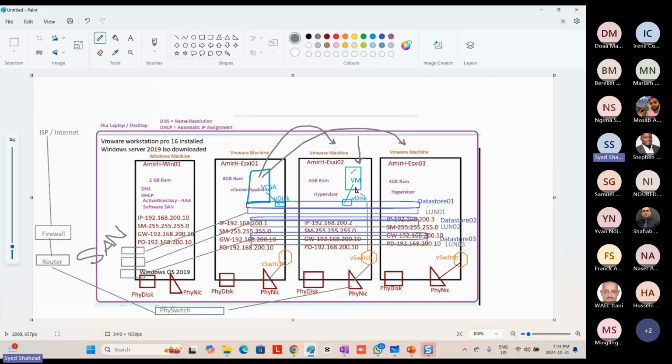Mariam says in the chat, is this what they call nesting? Nesting is virtualization inside virtualization, right? So in our case, if this was a professional environment, this is a physical machine, this is a physical machine, this is a physical machine. On top of that is the hypervisor deployed. So over the hypervisor, we deploy virtual machines. So this is not nesting, but if inside this virtual machine you install another hypervisor,